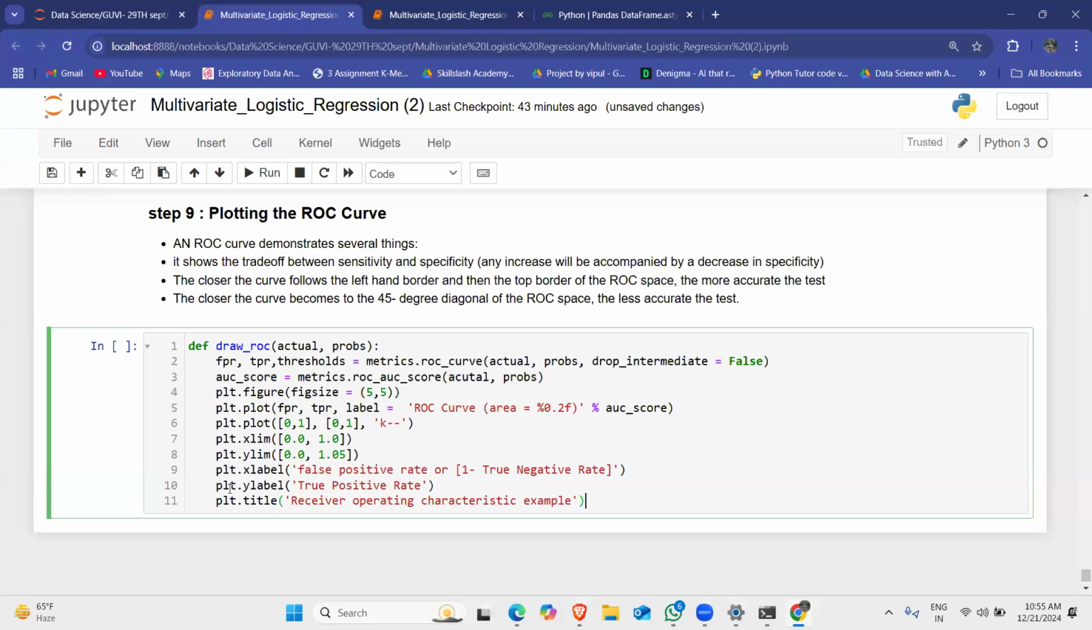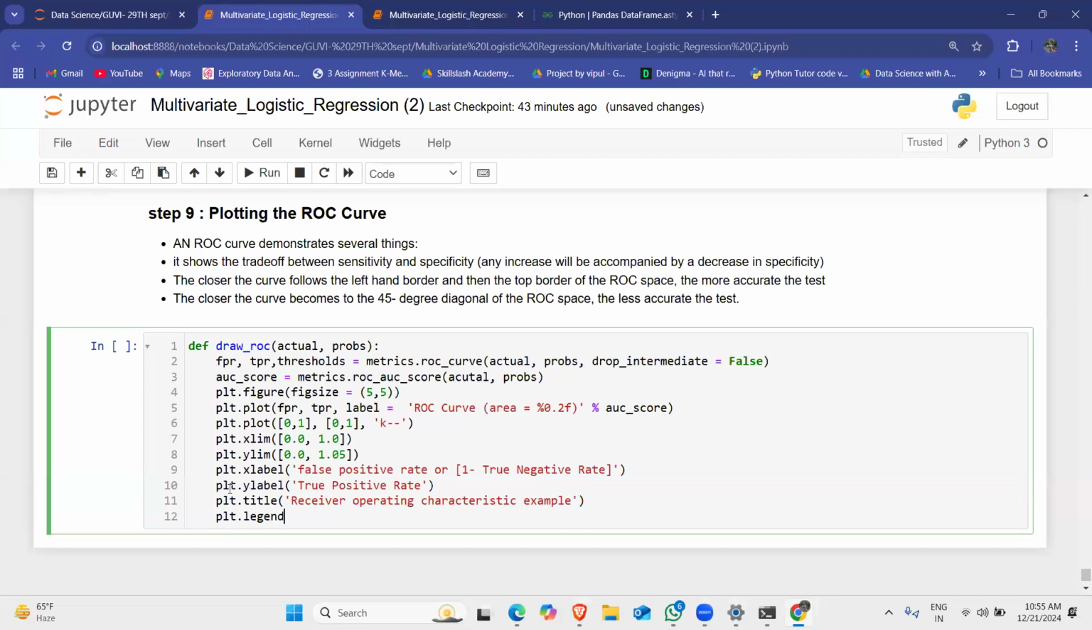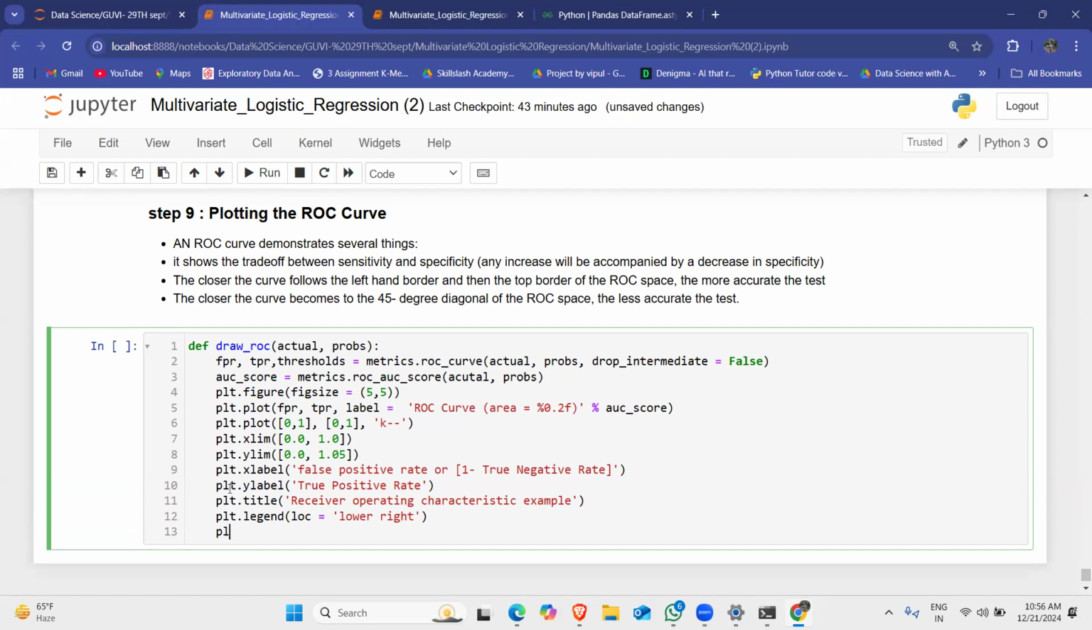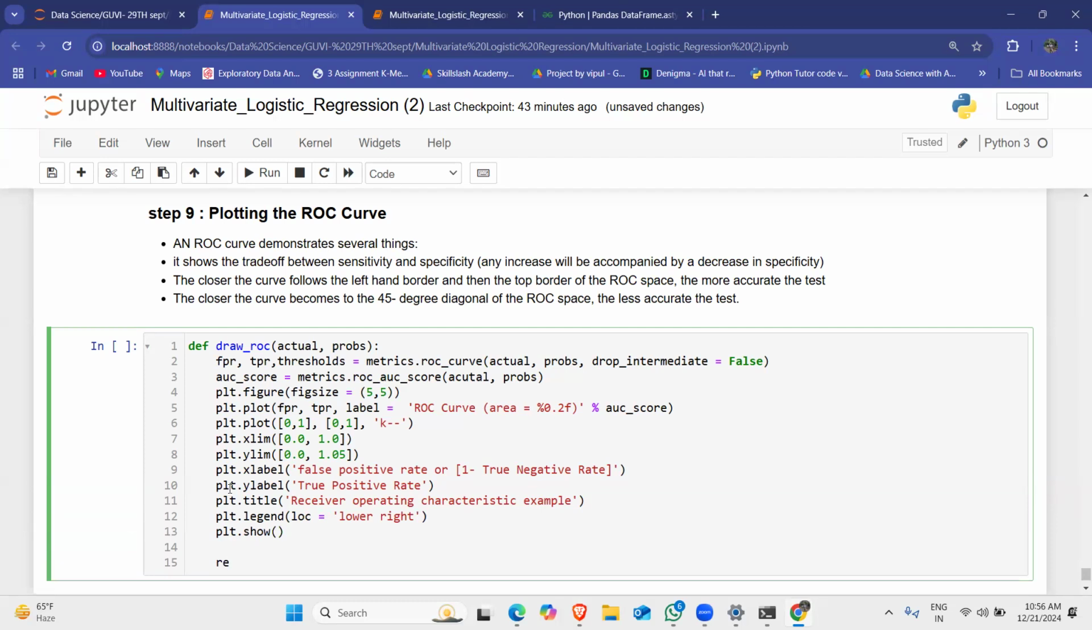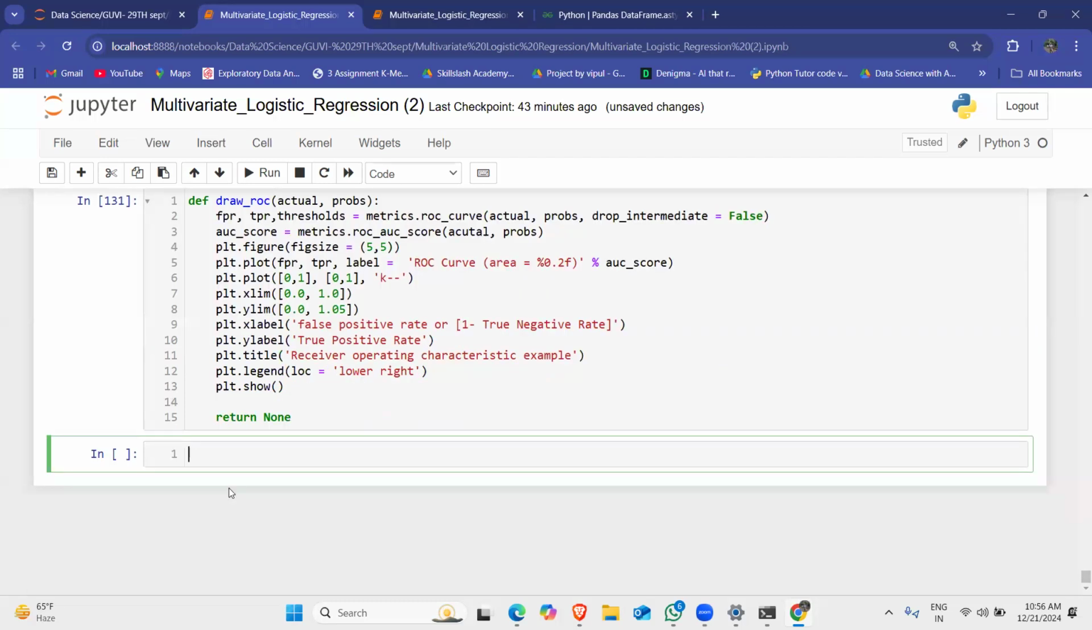Okay. And then I'll write down plt.legend, loc equals lower right, and plt.show() with open and close brackets. And then I'll return None. Simple, right? So FPR, comma, TPR, comma